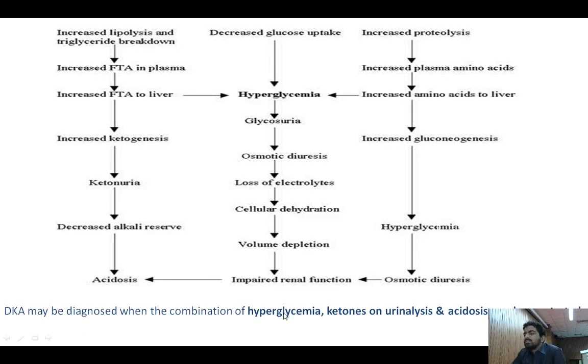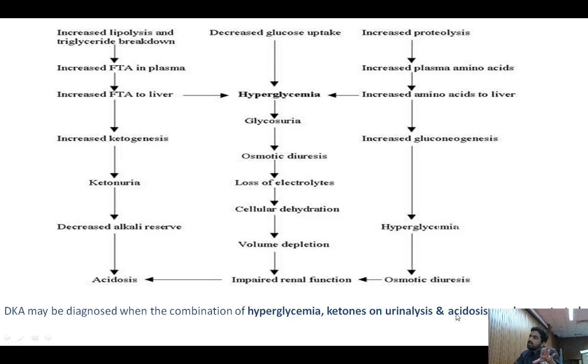Diabetic ketoacidosis: hyperglycemia, almost 500-600 milligram per deciliter of glucose will be there. The second requirement for the diagnosis of diabetic ketoacidosis is ketones, and a ketone body you find in urine. So hyperglycemia, increased glucose level in blood, and presence of ketone body in urine. Okay, normally ketone body should not be present at all in urine, but